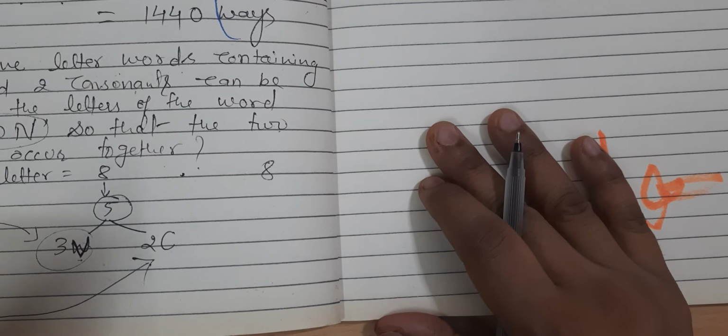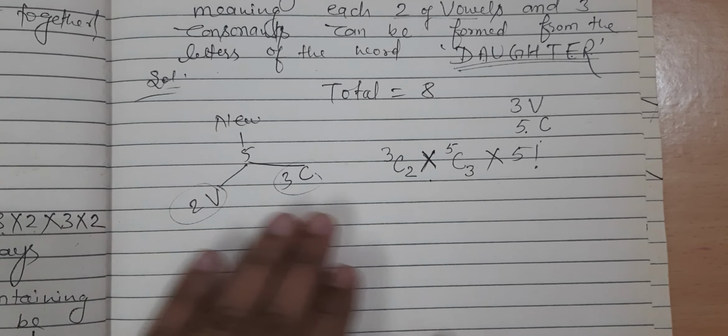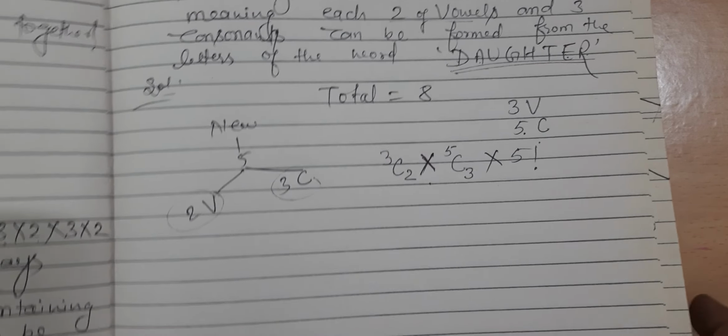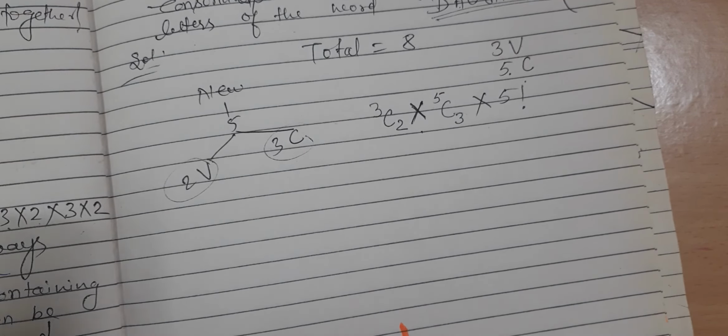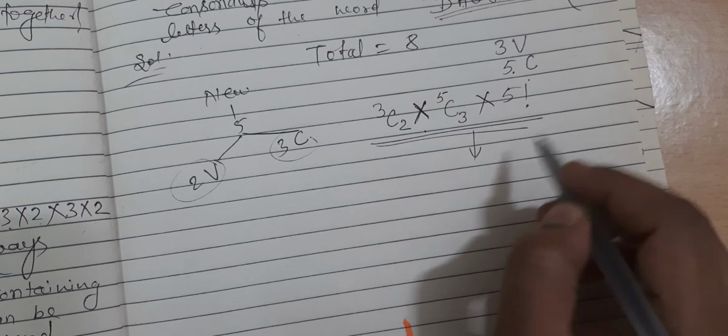So we have done 3 different questions here. Here only arrangement, here selection and arrangement with a condition, and here selection and arrangement without any condition. So please see these 3 questions, observe, see the differences, see what is common between them. So this is the answer. You write your answer in the simplest form.